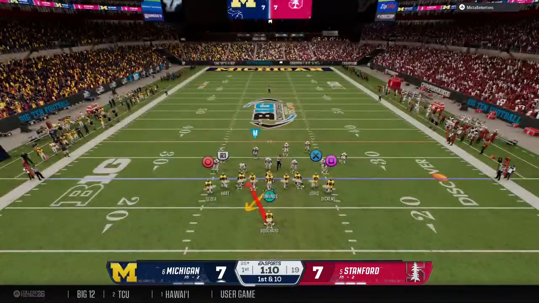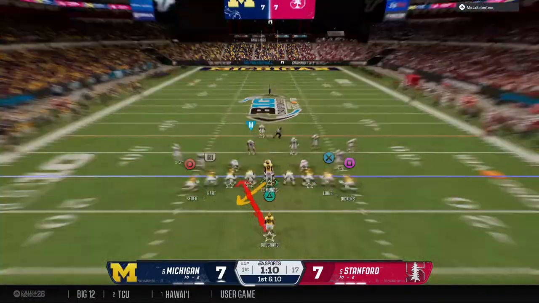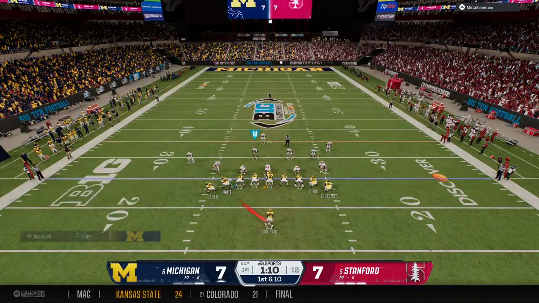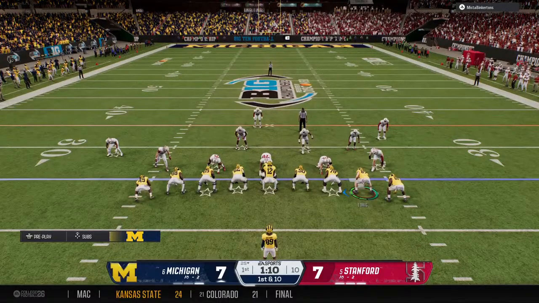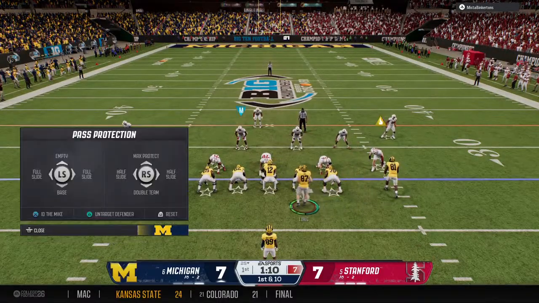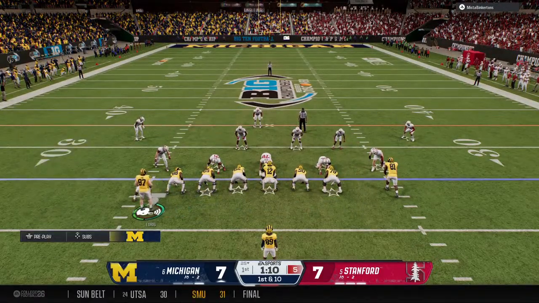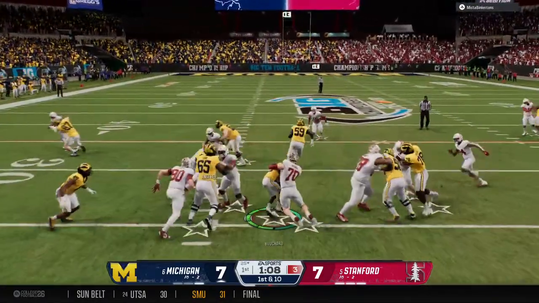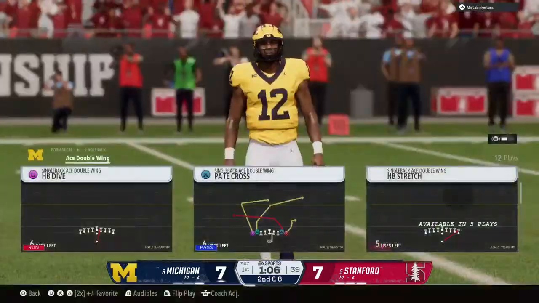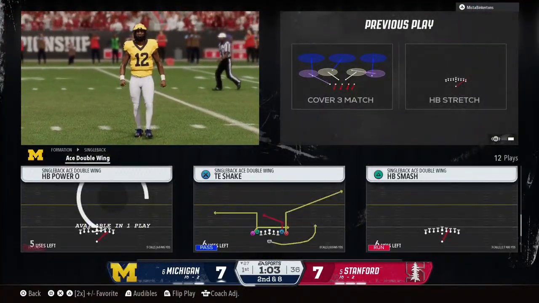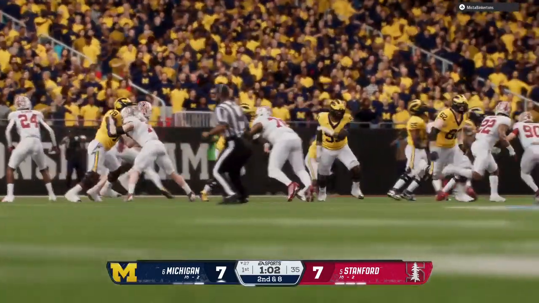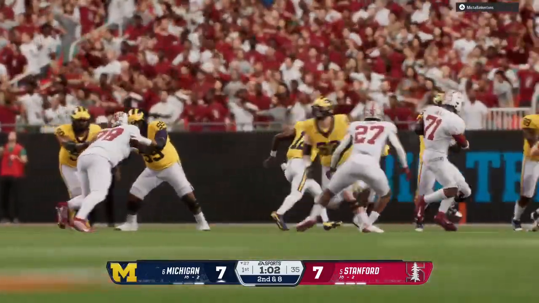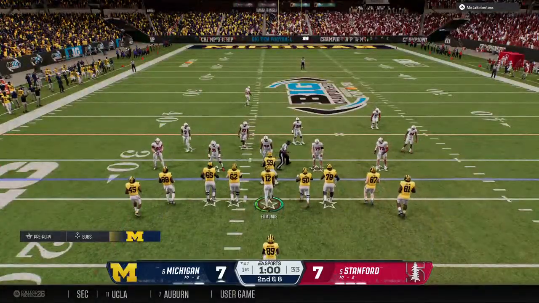And the first play of the drive now from the 25. The offense with some pre-snap eye candy. That's a nice tackle there by the senior. Offense comes up 2nd and 8.